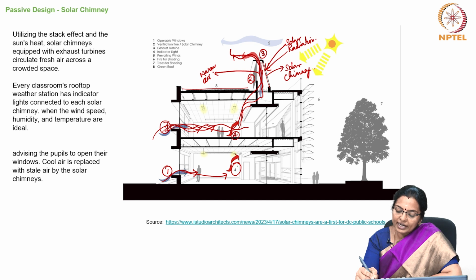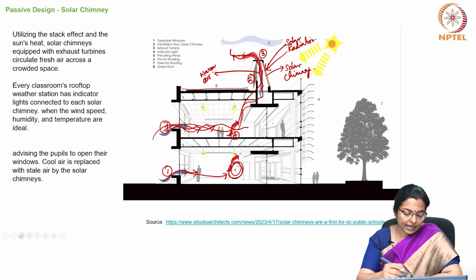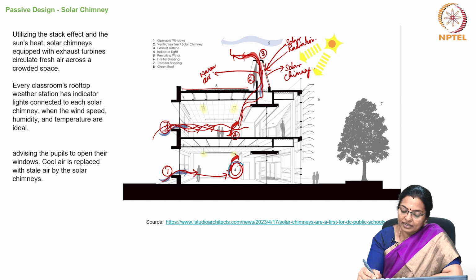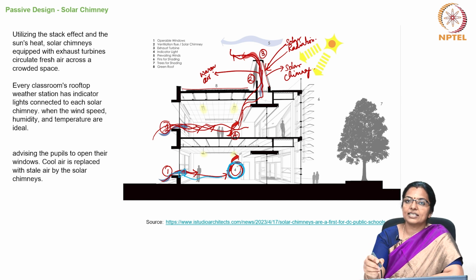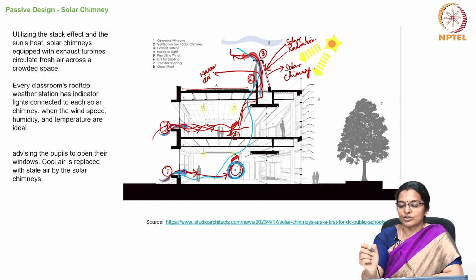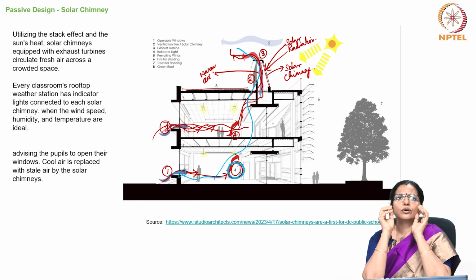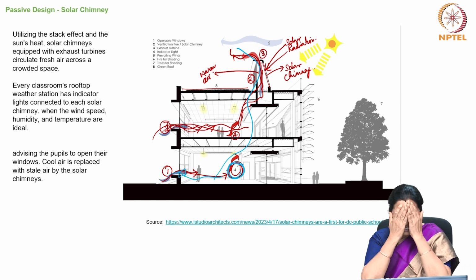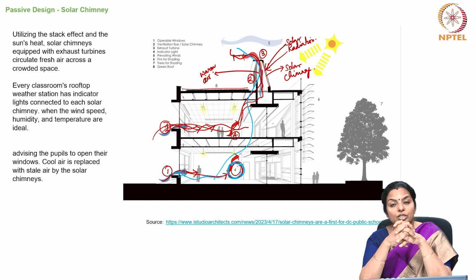So, these indicators indicate whether the air is stale or whether the air is good enough, and if the air is stale, the students just have to open this inlet and then the air gets replaced because of the solar chimney. So, in today's class we saw another advanced passive strategy called the solar chimney, and solar chimney